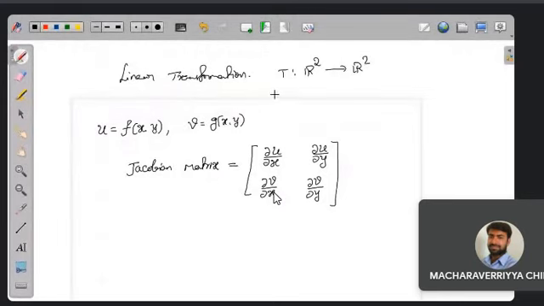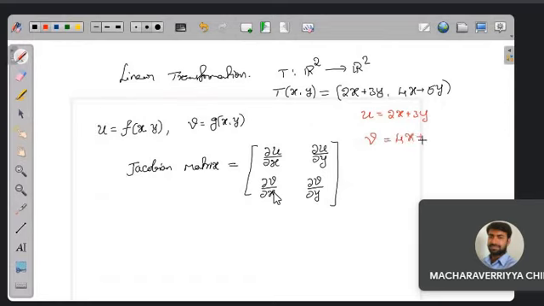which is defined by P of x comma y is mapped to 2x plus 3y, and this is 4x plus 5y. Let's assume this is how the linear transformation is defined. Now, if I compare with it, what is u here? u equal to 2x plus 3y, and v is nothing but 4x plus 5y. Okay, so let me compute what is a Jacobian matrix for u, v,